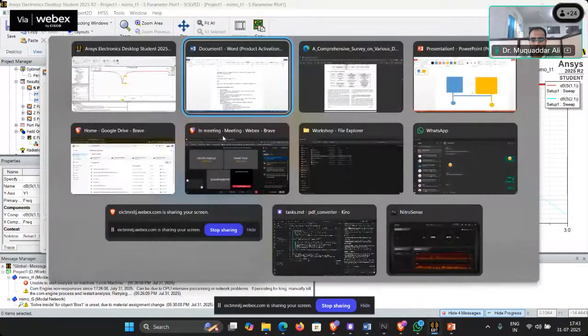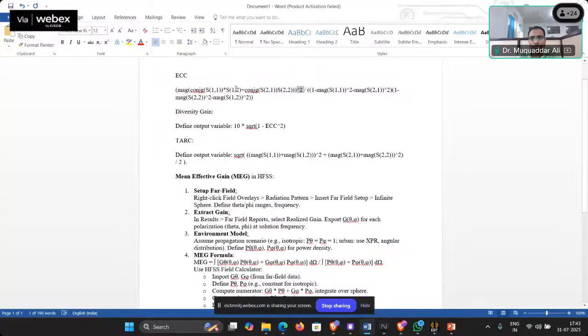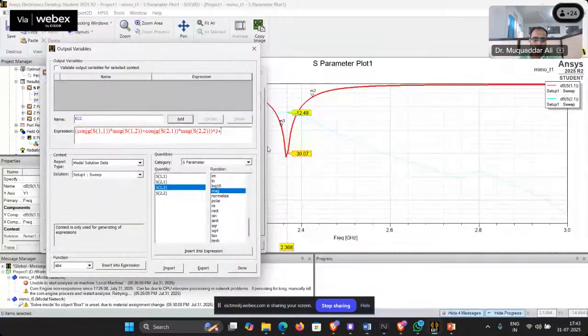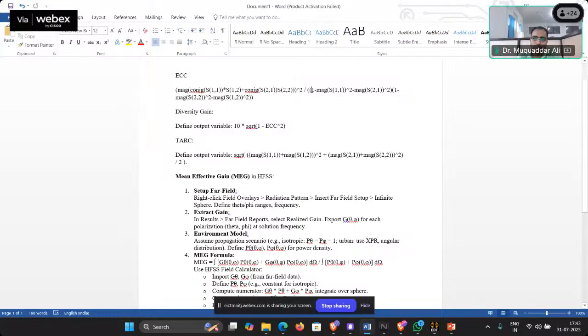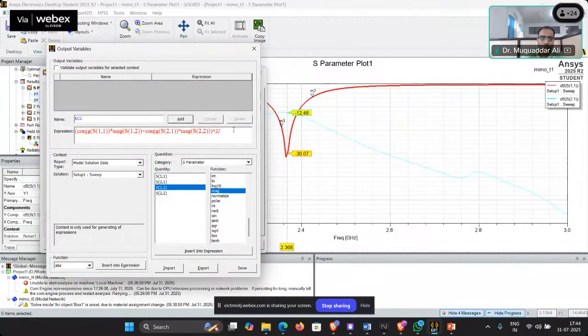Plus it will give you an error if there are some mistakes in the formula. Okay, instead of plus, we need to divide this one, and we will be selecting this: 1 minus magnitude of S11 square minus magnitude of S21 square. Okay, 1 minus